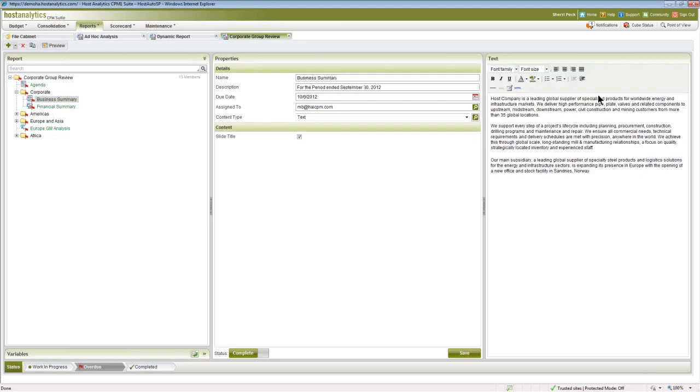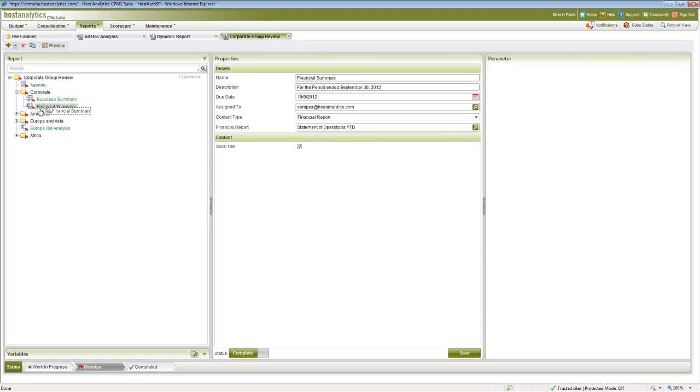So my business summary, this is what you saw on one of those slides. And the beauty of this is if I ever make changes to my actual or my budget information, I rerun this and it's automatically updated. So it makes it much more efficient for those last few days before you have to have a board meeting or submit your 10Q information. It can be automatically updated and very efficiently included. So John, that is all I've got to show at this point.